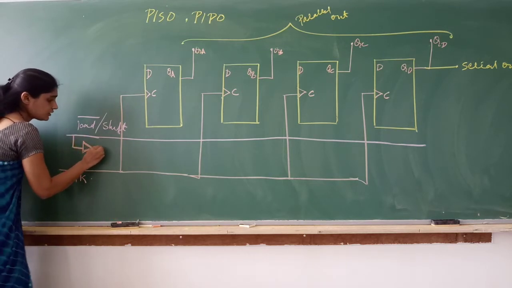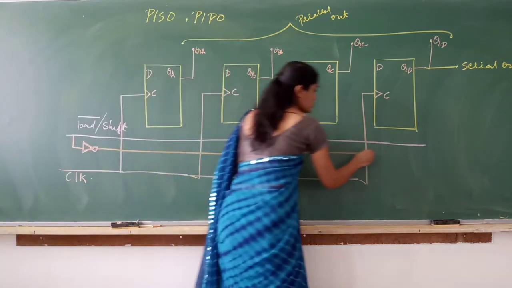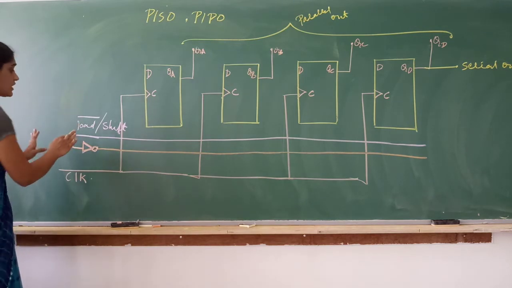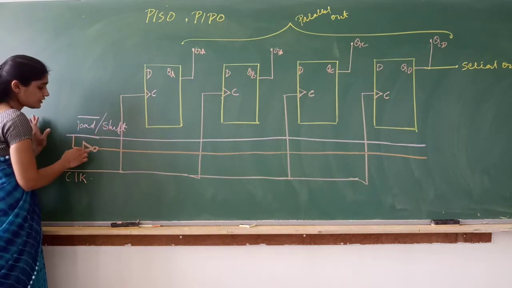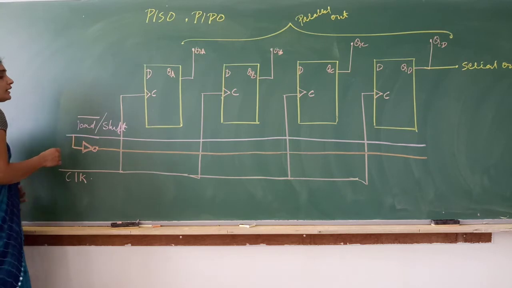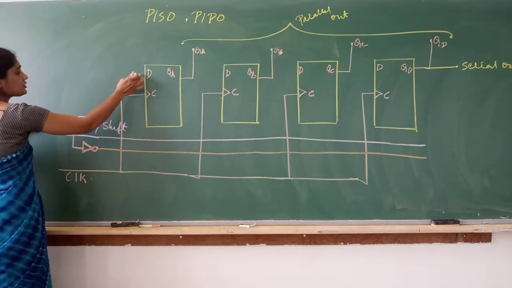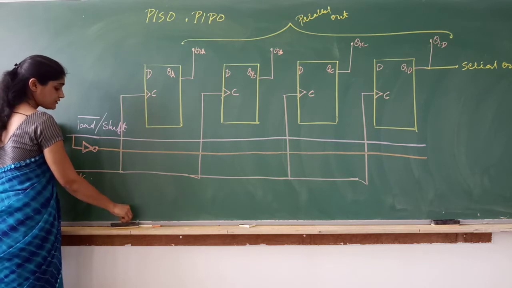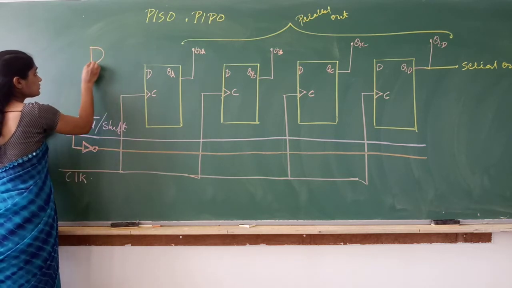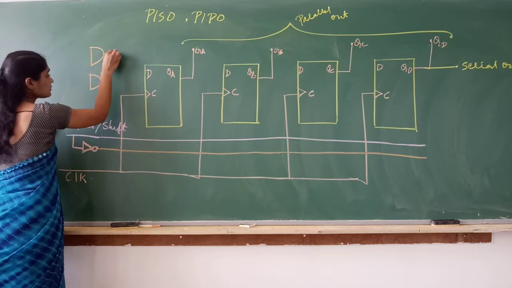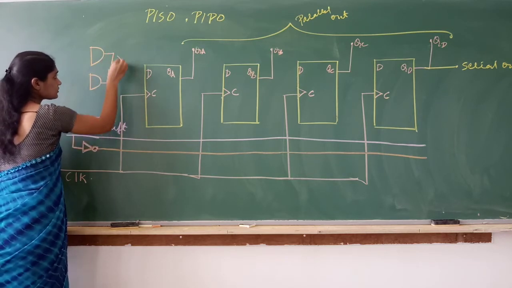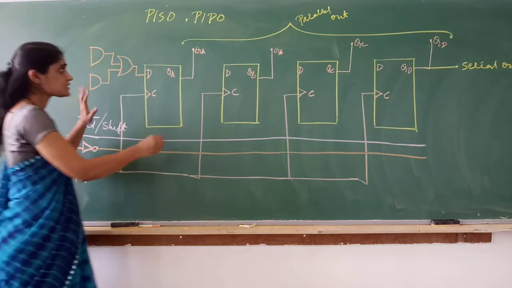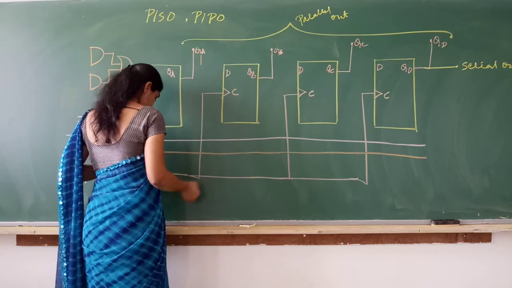And I have that as one more input. So I have 2 input lines here. Still I have not connected them to our flip-flops. I have the load bar shift line, and that through a NOT gate, right? And now, just look here, the inputs to the first D flip-flop, I will take it from the same thing. I write it everywhere, and the inputs are going to vary.